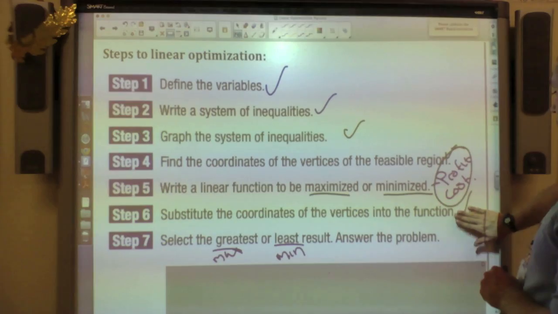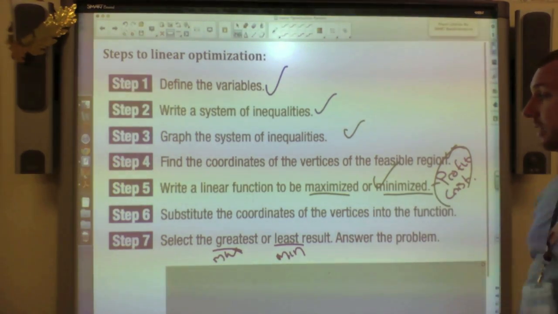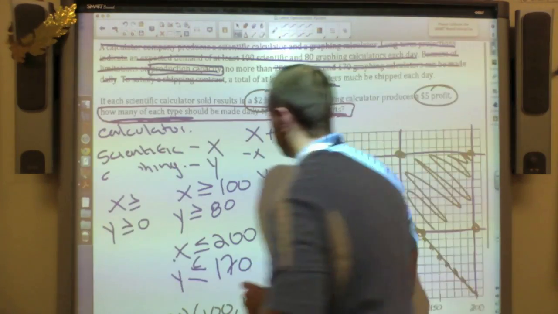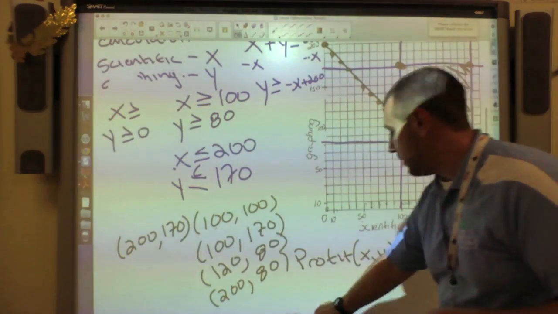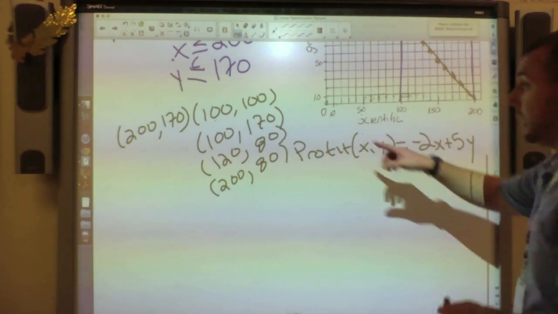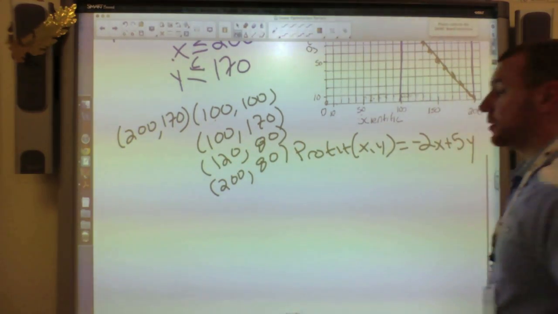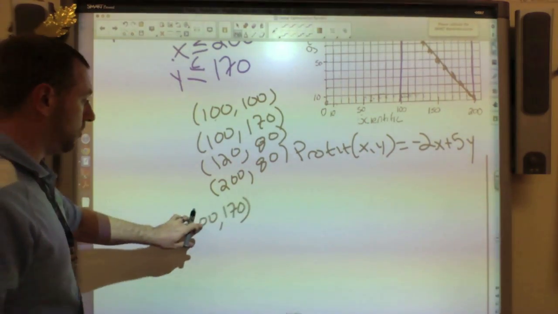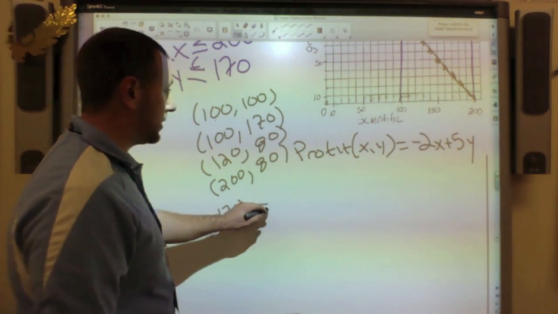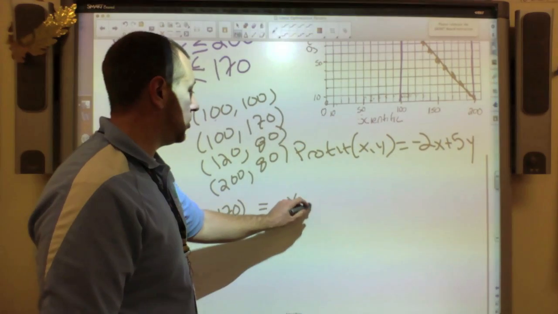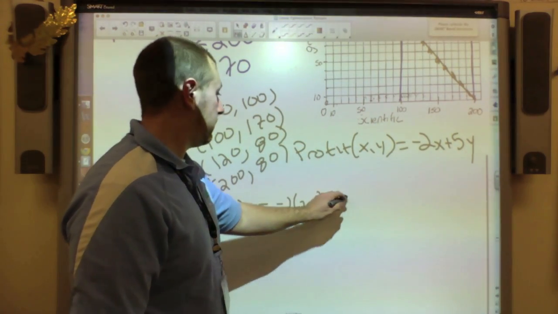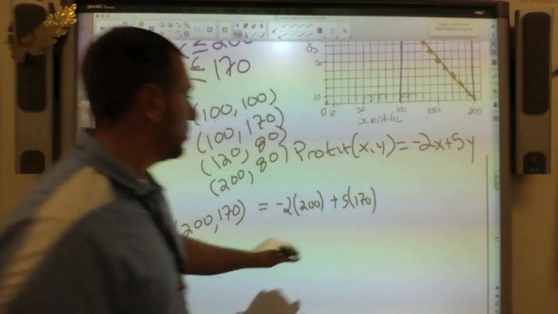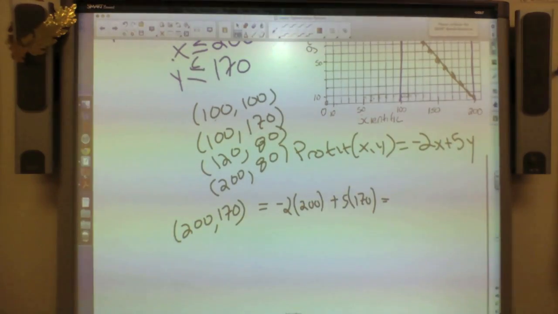That is a check. Now I'm going to substitute the coordinates of the vertices into the function. So that just requires me to take all those points and plug them in. So for 200 and, I'll move this down, that's going to become negative 2 times 200 plus 5 times 170. So that's going to result in